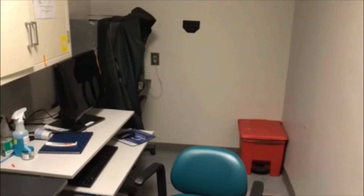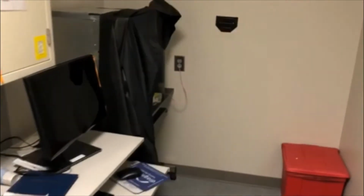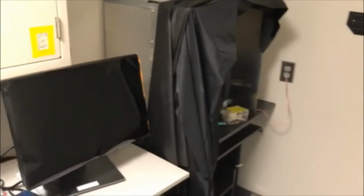This is another one of our rooms. This is actually a dark room. So I'm walking out of a dark room door into this small room that we use to do electroretinograms. So you can see that we have a Faraday cage, and inside is a system called an electroretinogram. So the platform is actually a heating pad, and it has different holes or plugs where we can plug in electrodes. And so an animal would sit on the heating pad, a mouse or a rat, and then we would put the electrodes on the surface of the eye, on the cornea, and measure a full field potential to a